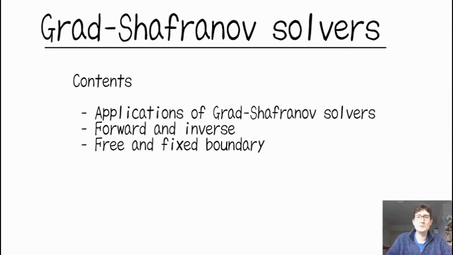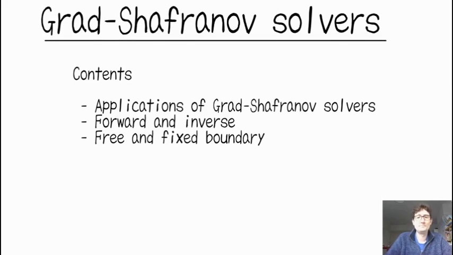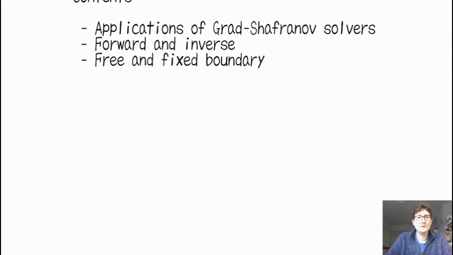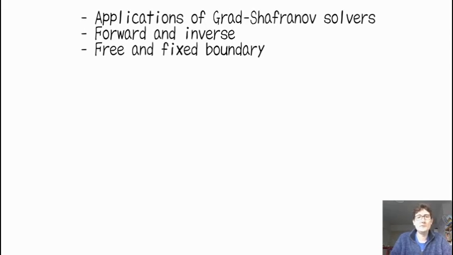Partly is to interpret experiments, and partly is as a theoretical tool for designing experiments or for understanding the basic physics. And so in this video I'll try and introduce what some of these applications are, and then the different types of codes that have been developed and used to solve the Grad-Shafranov equation. So the two main applications, I say, are first is interpreting experiments, and the second is a theoretical tool. And these can be answered as a forward problem and an inverse problem.